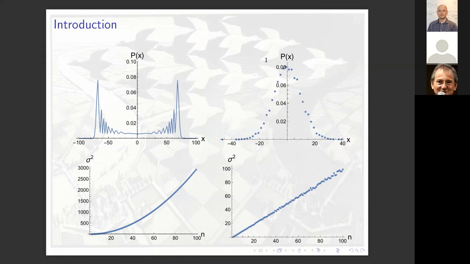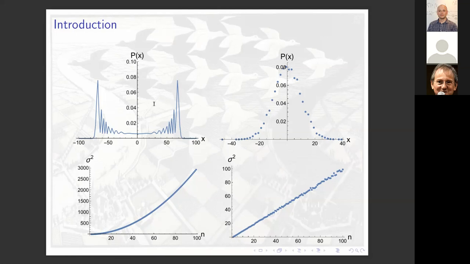And just comparing that with the distribution on the right-hand side. This is just a very simple, symmetric random walk, equal probability to go left, equal probability to go right. And also after 100 steps, you can plot the distribution. The right-hand side, what I'll refer to as the classical random walk, looks very Gaussian. Most of the time you'll find the walker at the origin. That's almost the opposite situation of what's happening here on the left-hand side. So the two distributions look very different, right?